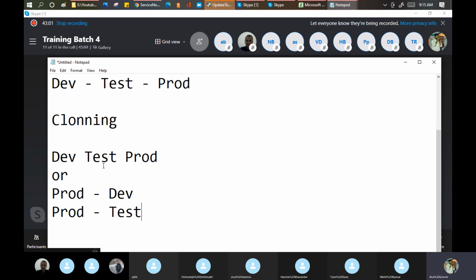Cloning means a complete copy paste. Control A, Control C, Control V, believe me, it works like this. But we can restrict these things. I don't want to show my developer the actual user data, so I can put a blockage on those particular tables. Okay, now let me go here.